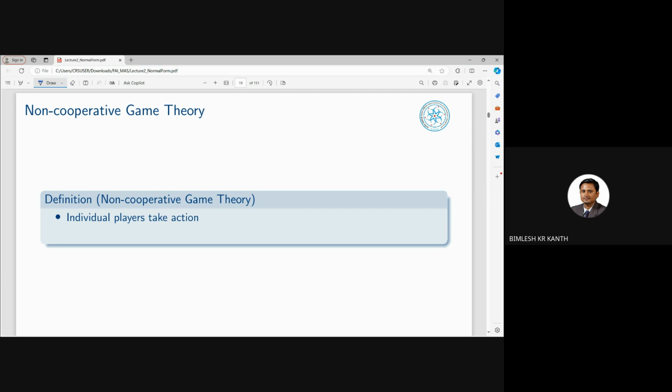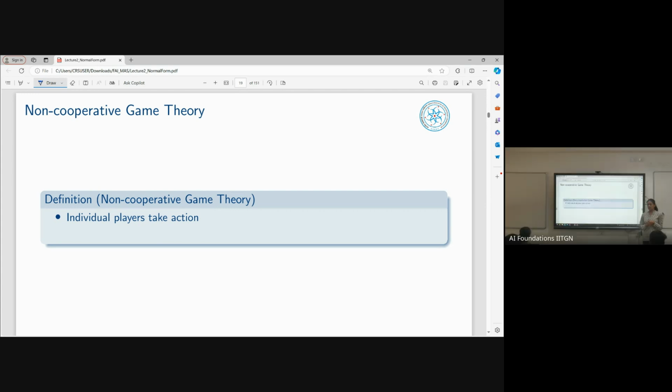Non-cooperation, we can say that it is totally selfish behavior. Sure, in some sense, yes. So they do not coordinate. Sure, I'll give you pauses. I'll give some breaks in between my lecture, and that's when you can ask your questions, both online as well as offline. So the idea is that in non-cooperative game theory, individual players take actions and they do not coordinate with anyone else. They are solely responsible for themselves.